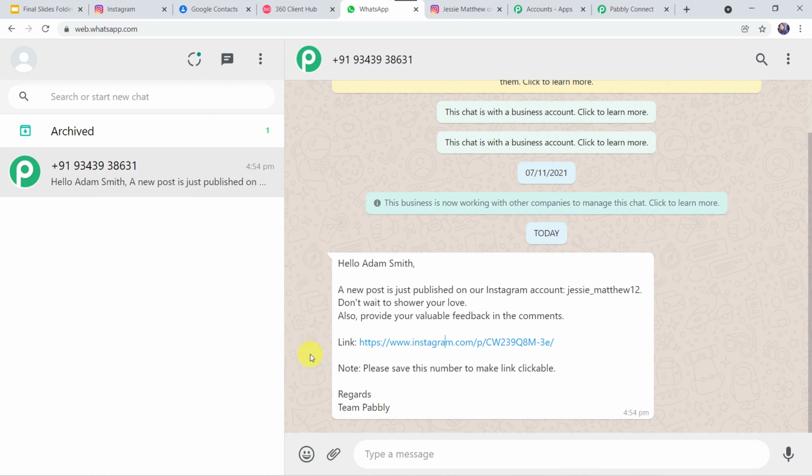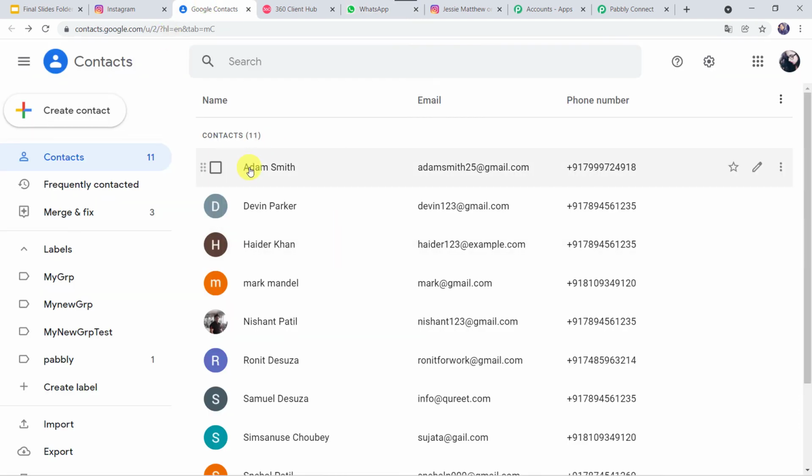Now here we want to give you an important information: you can see that the data has been captured immediately. But sometimes this may take some time in fetching the data, as the trigger here is polling based. So if your data doesn't get captured immediately, don't worry about that, and please wait for 15-20 minutes patiently. The data will surely arrive. So in this way we can see that our integration is perfectly working fine. I'll just show you the Google contact. This Adam Smith has received the WhatsApp message. So in this way all the Google contacts have received the WhatsApp messages.